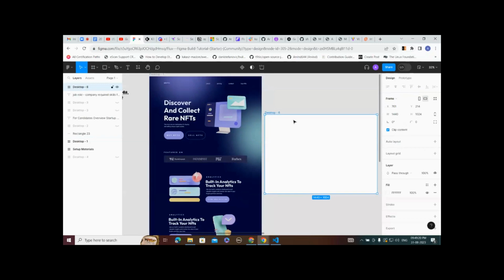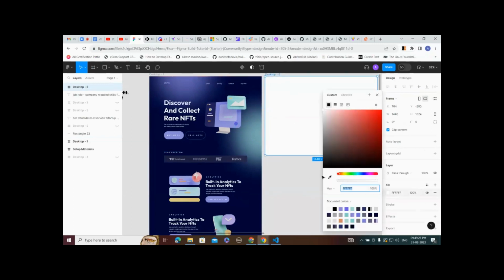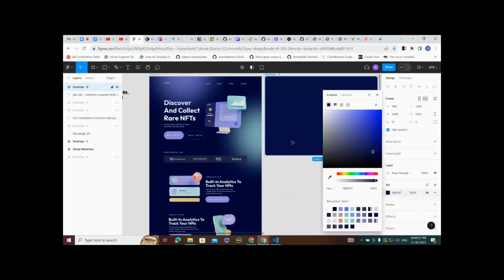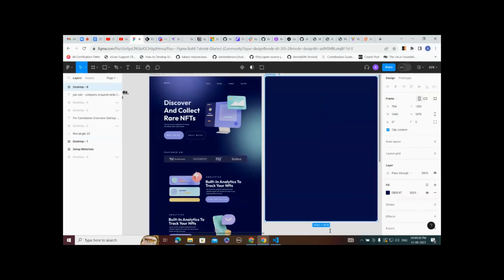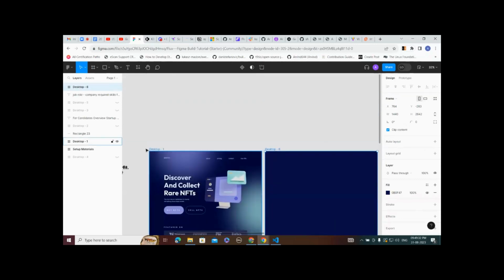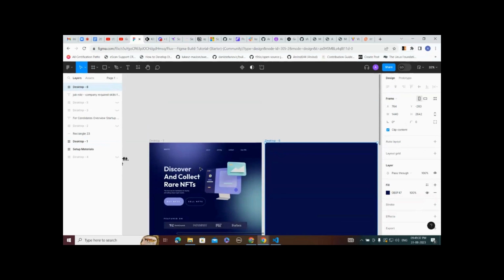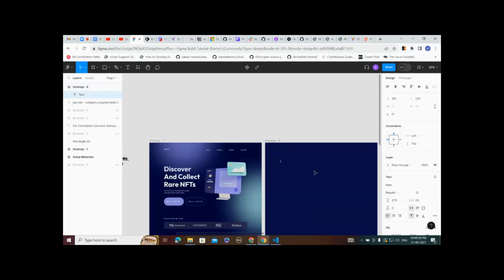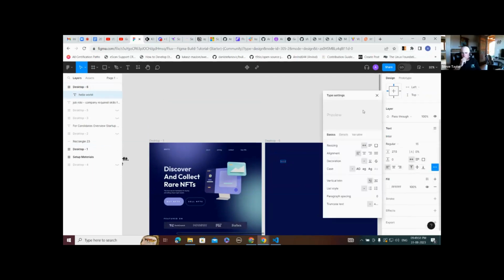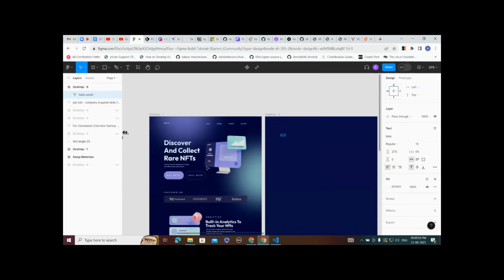Then you click it, create a new desktop, and you can easily create this. And for creating this, I have used the text, and we can create any text form, like if I write something, hello world, we can easily manipulate all the text settings here, and it has all the additional settings. So yeah, this is it.